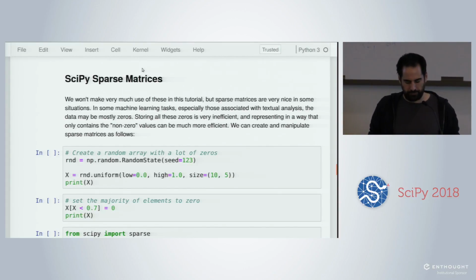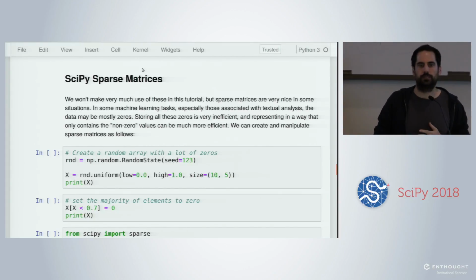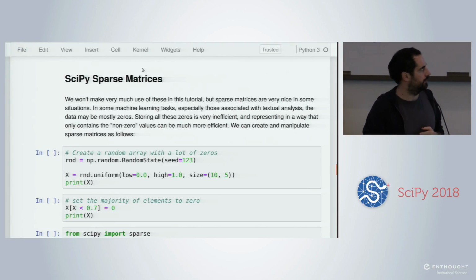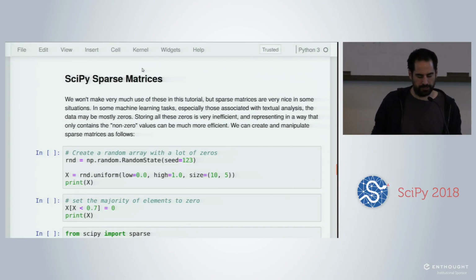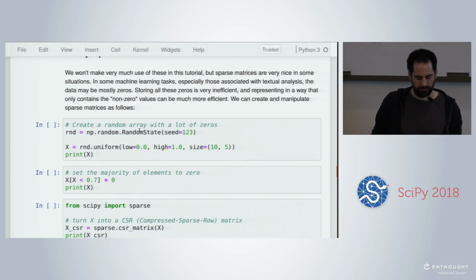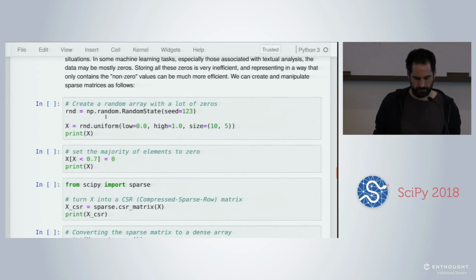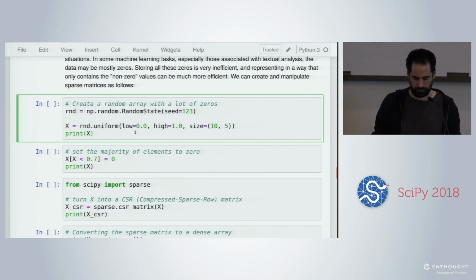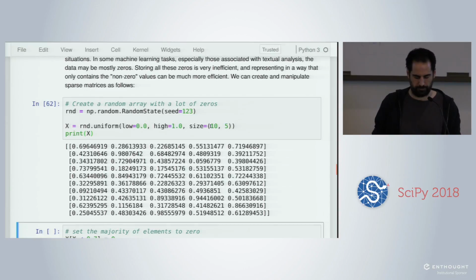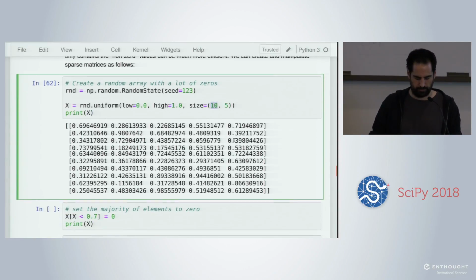There is another type of arrays. Yes? Sorry. So you had to make a memory copy of that because you rearranged the array, but you didn't change X, did you? No, X is still the same. If I execute this cell again, X is still the same. And if I modify, for instance, I can copy that into Y, store the result into a variable named Y. I will display Y here.